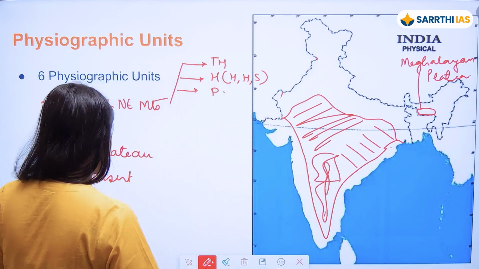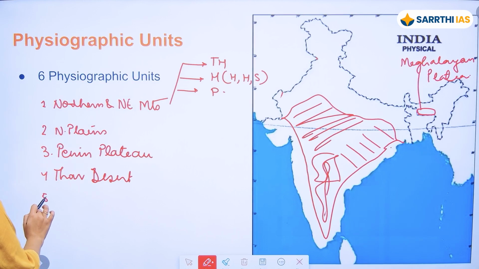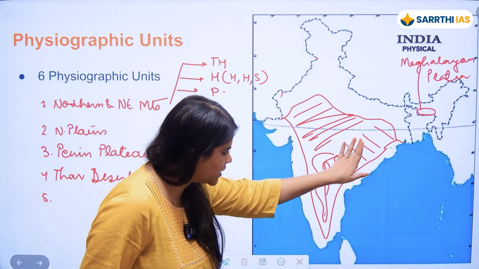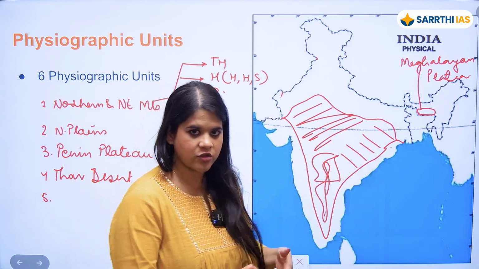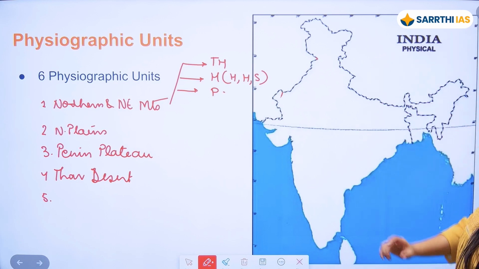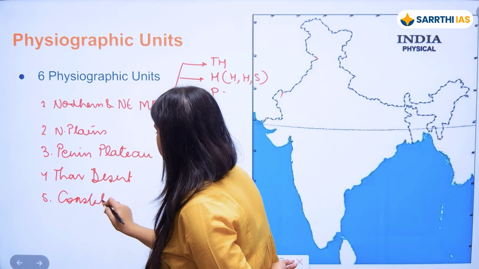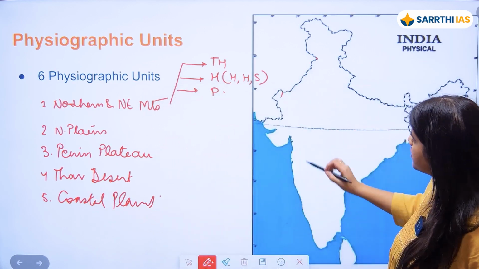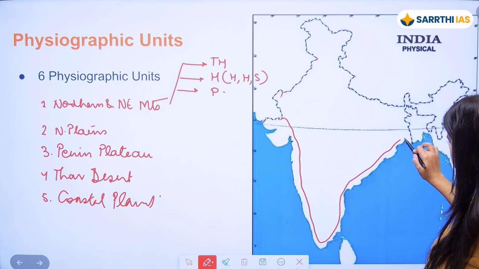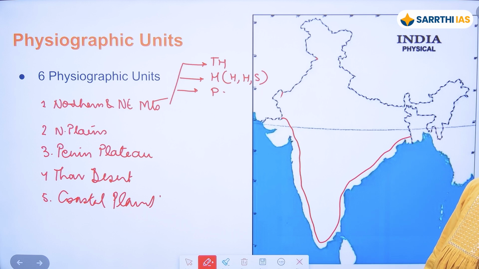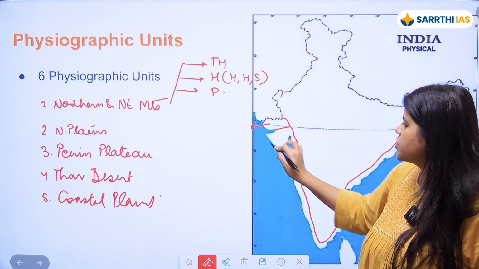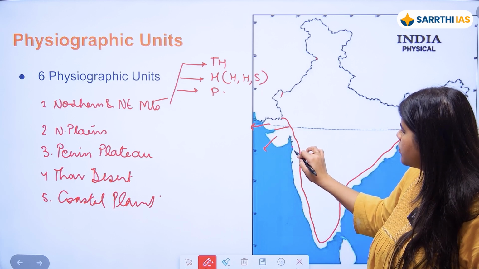Fine. Next physiographic feature, fifth physiographic feature. Again, also one more thing. The Western Ghats and the Eastern Ghats are a part of the peninsular plateau region. Next, we have the coastal plains. Coastal plains, they extend from Gujarat till West Bengal. Fine. So this region is divided into the Kutch, the Kathiawar, the Saurashtra